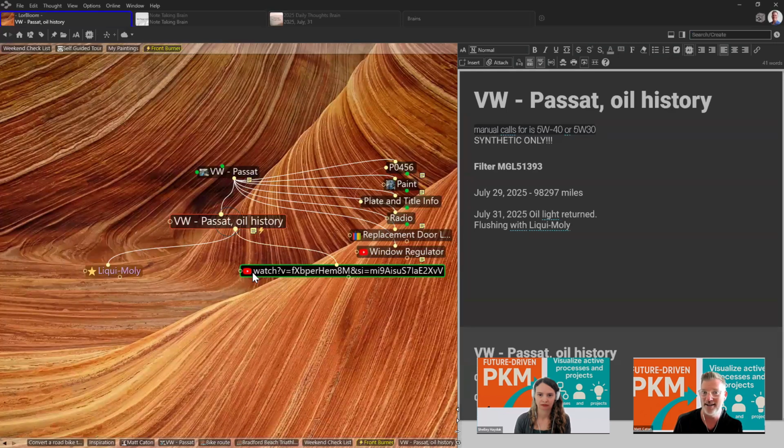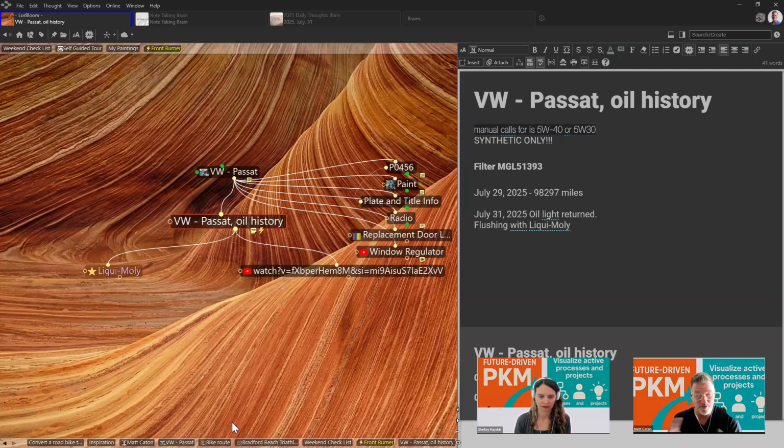So I know a lot of users that have smaller, topic-specific brains, and then there's a brain map, sort of a mega brain that links to all the different brain databases that they have. That's certainly an option. And I can create a link to my daily journal, a thought in this brain too, if I'd like.